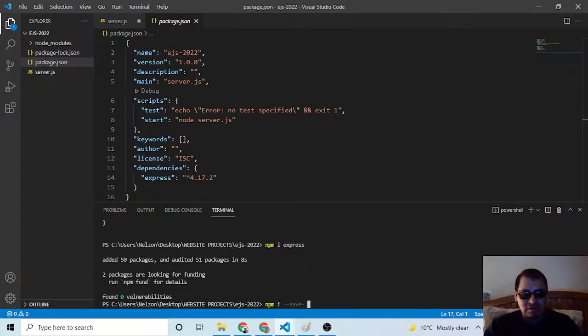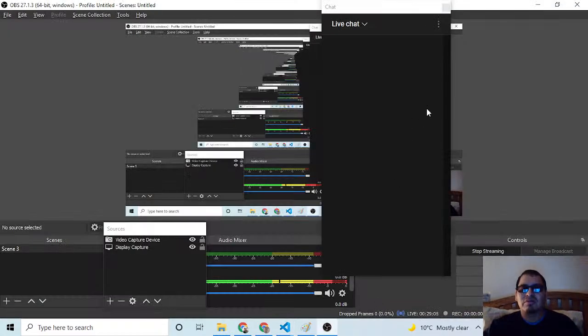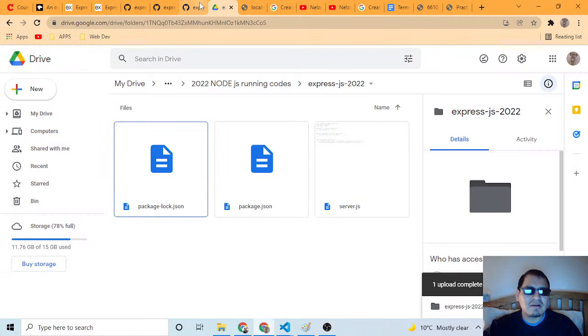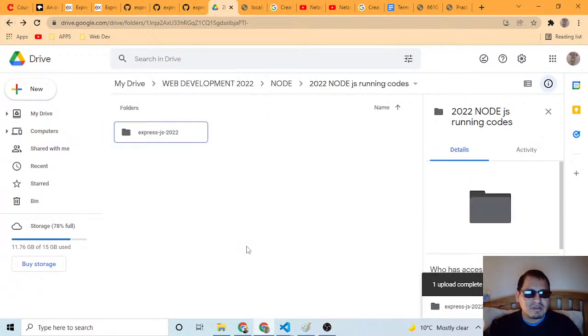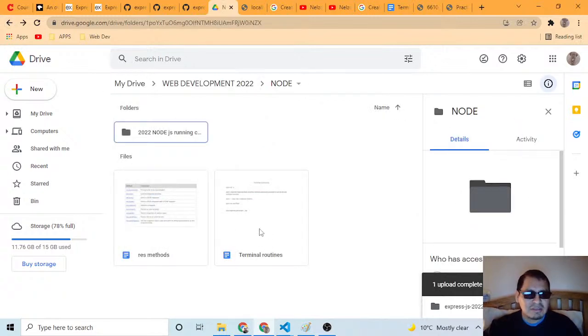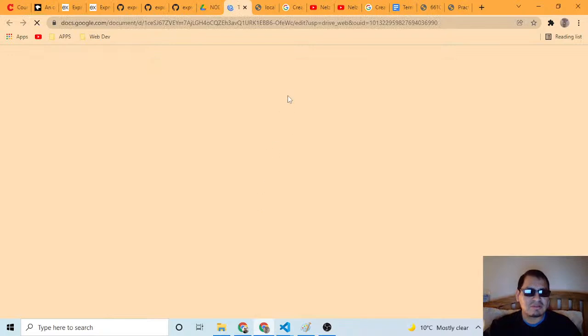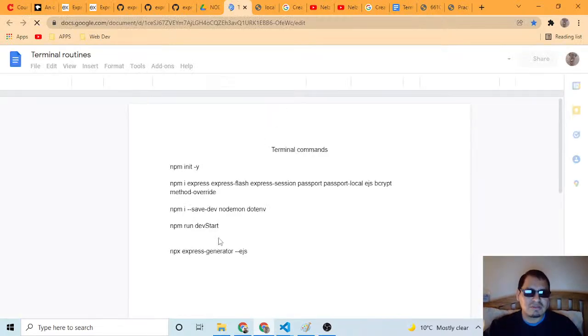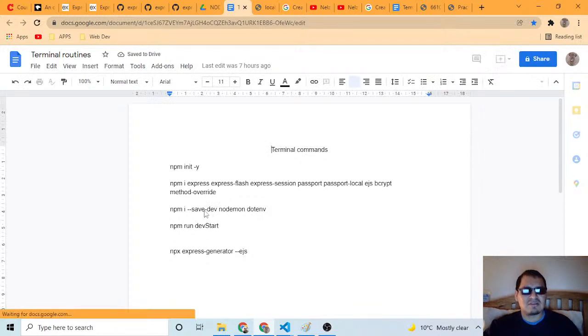I think it's nodemon, or dash save. There was something. I don't know how to install nodemon, but I have something here that I want to show you. Express, no. I have routines. Every time you have this problem, you can always go to your notes. Save dev. It's called the save dev.